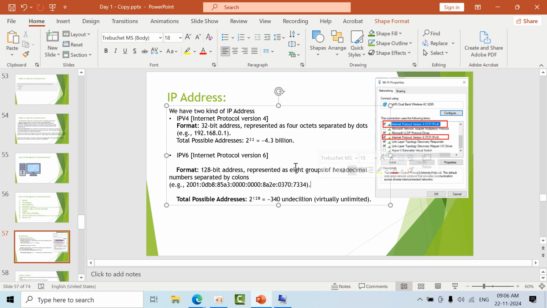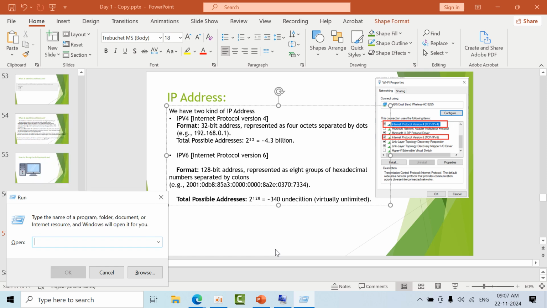IPv4 is outdated, but we are still renewing and using IPv4 only. IPv6 is not in use, because no one is adopting this technology. So it is going slowly. Okay. Now, sir, if I see here, ncpa.cpl,